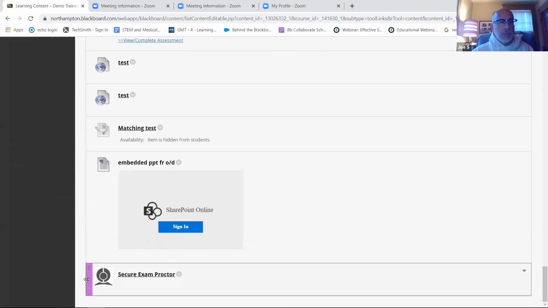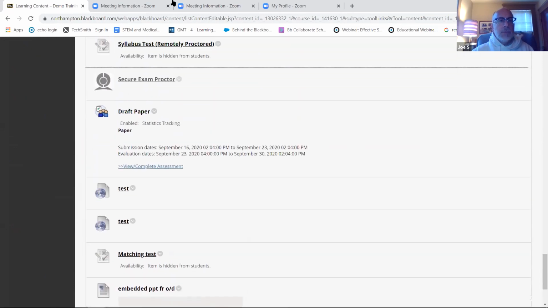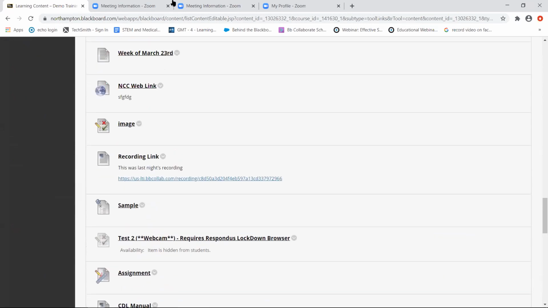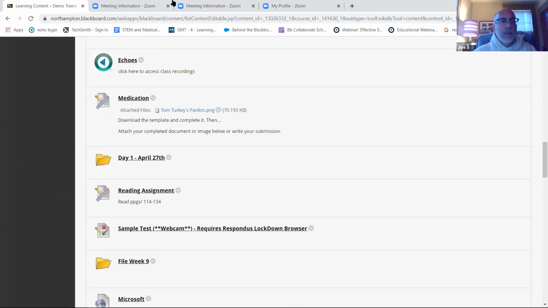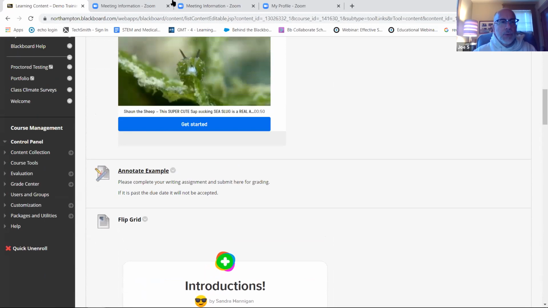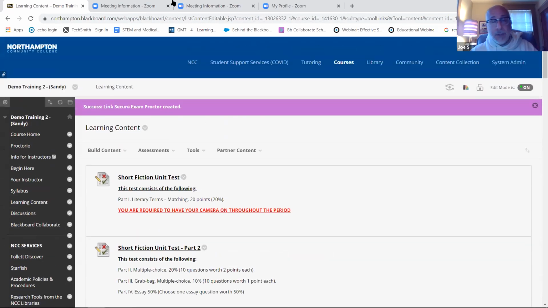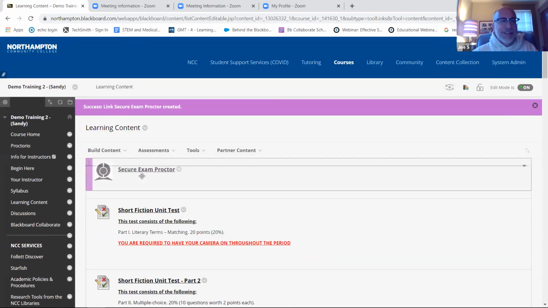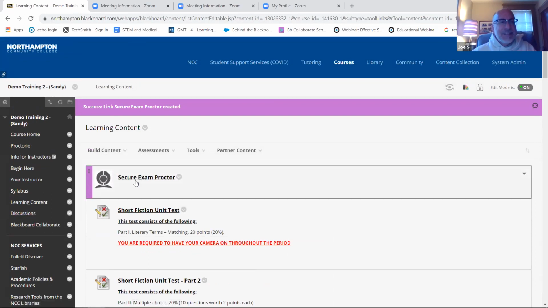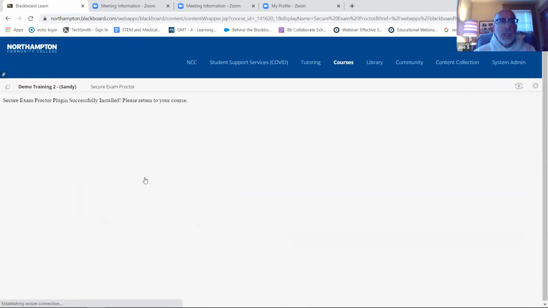I'm going to drag it up to the top of the page just so I can see it there. It makes it easier for you to see it as well. There has been some indication from Proctorio that where it is on the page may matter too. There are a lot of maybes with Proctorio, I'm sorry to say. So here it is. Now what you and your students can both do is click on this and you should get a result that the tool is successfully working. That's just a confirmation that we're connected with Proctorio.